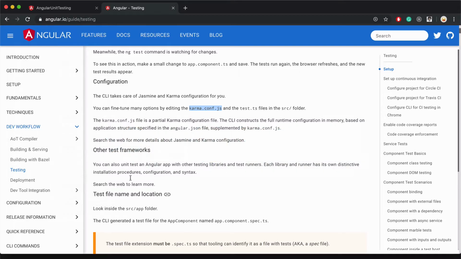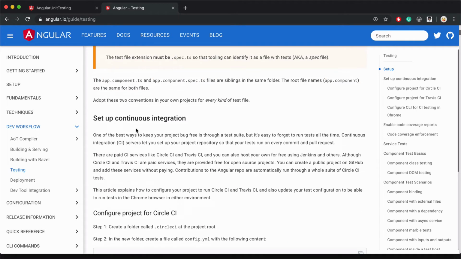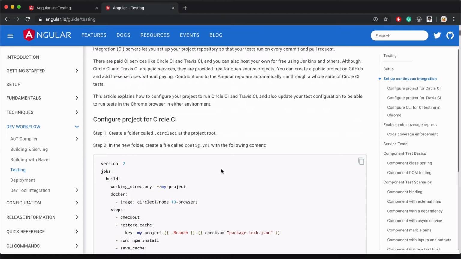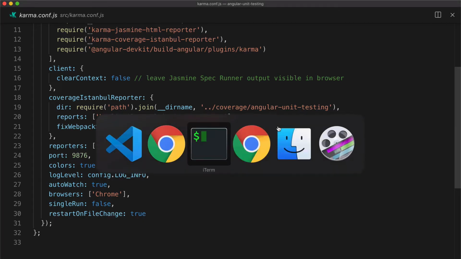Now, let's see what else we got in here. Other test frameworks, setting up continuous integration. I don't think we care about that for now. We're just running things locally, not in Travis or Circle CI. Now, this point is about test coverage. Look, you can run this command with the code coverage parameter. I'm not sure what no watch is for, but let's try to run this and see what default code coverage